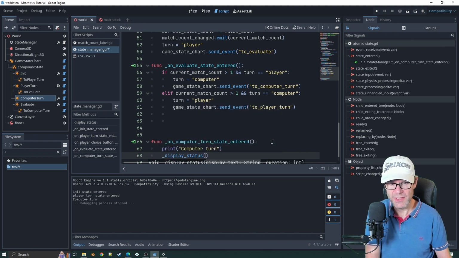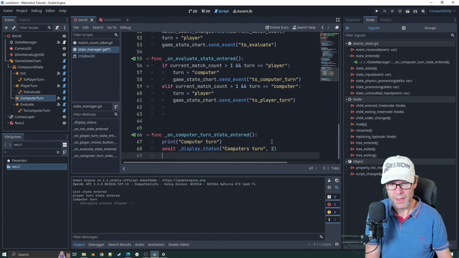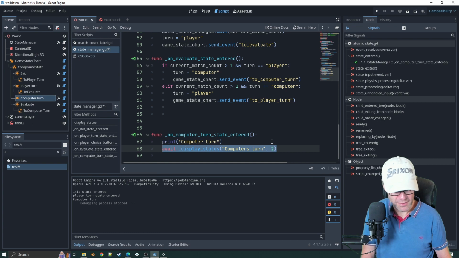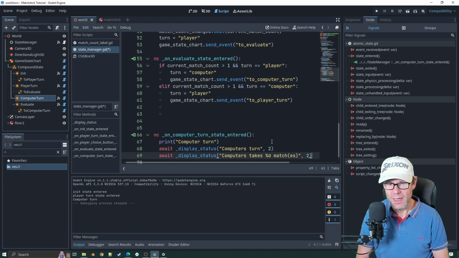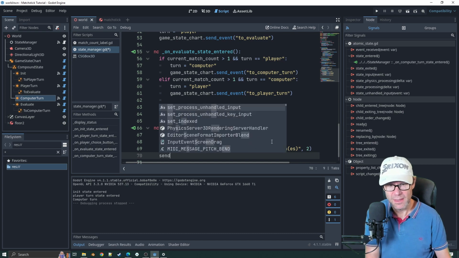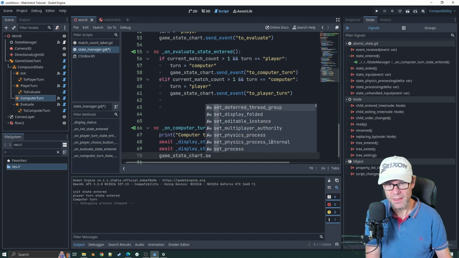display status computer's turn for 2 seconds. We need to await it, don't we? And then we'll say, let's do a couple of things. Hang on. Computer takes X matches. Computer takes %D matches. Yeah. And then we go to evaluate. And then we send game state chart dot send event